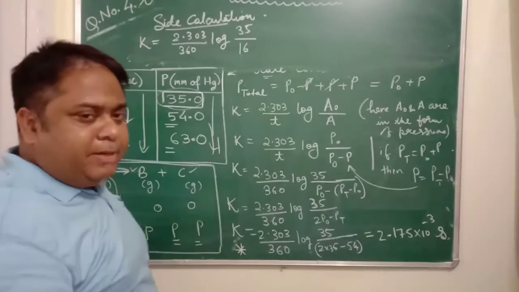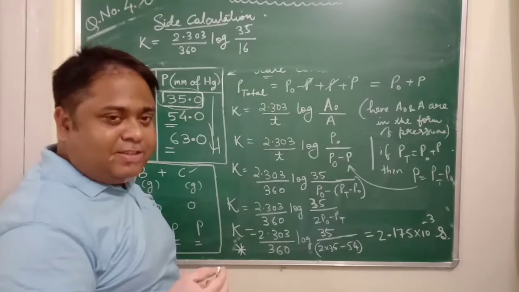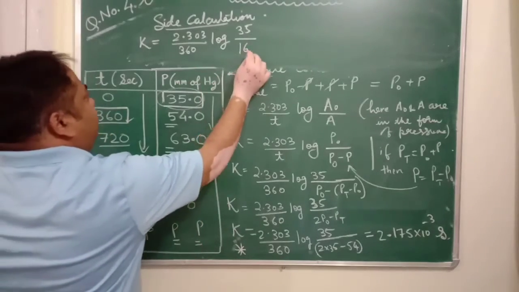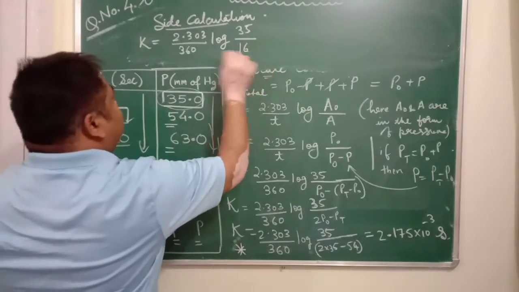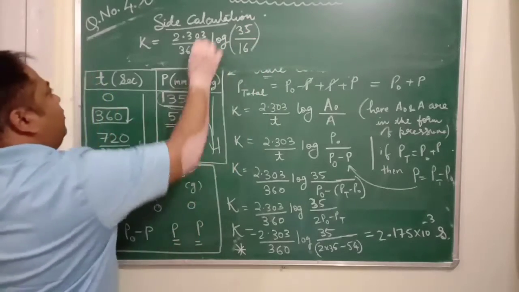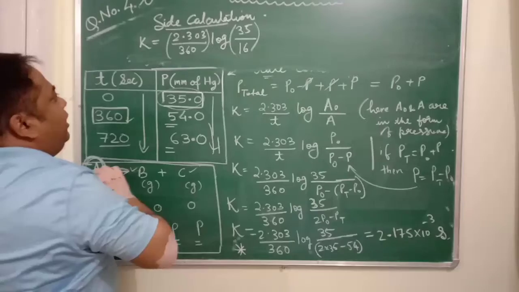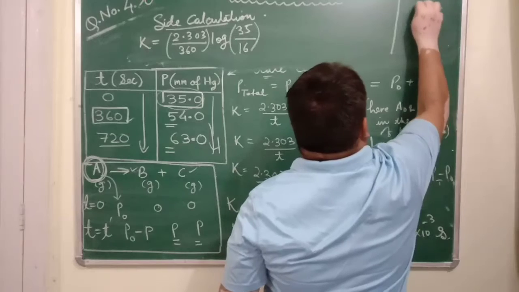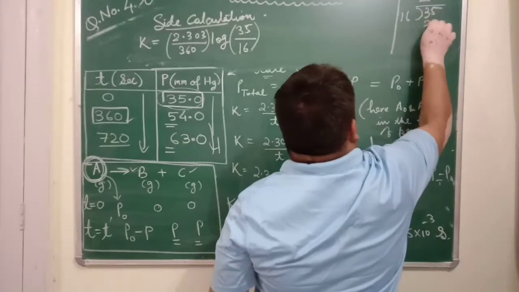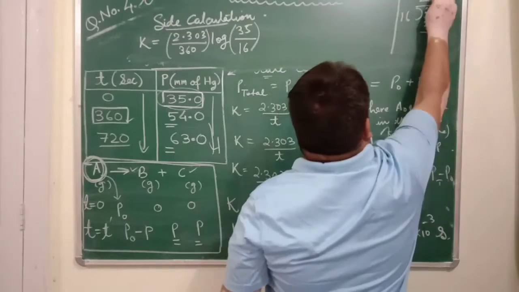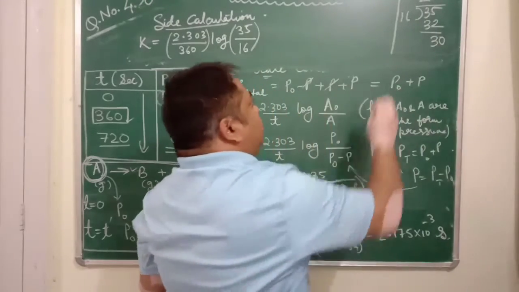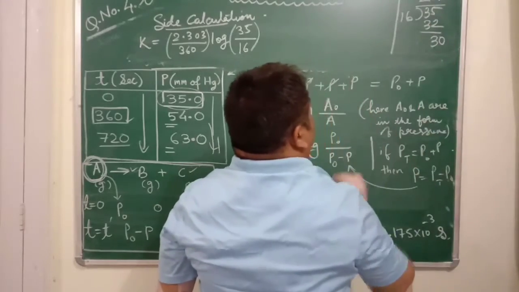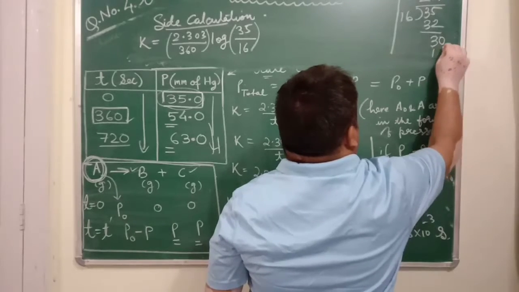As I told you, I know Vedic mathematics, that is why I can calculate it very fast, and you know how much Vedic mathematics I know. If we can get the value of this and divide it, we can easily get the value of K. So let us do some mathematics of class 7th and 8th. 35 divided by 16, 2 times 32 is 32, but it is 30, so I have to multiply by 1, so it will be 16 again.